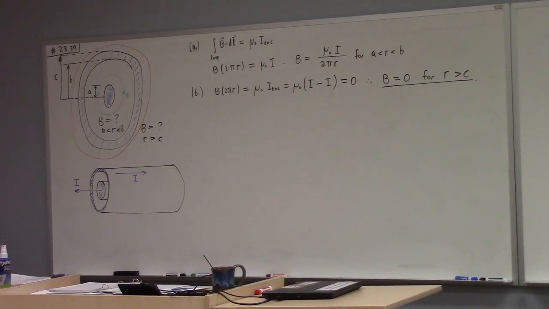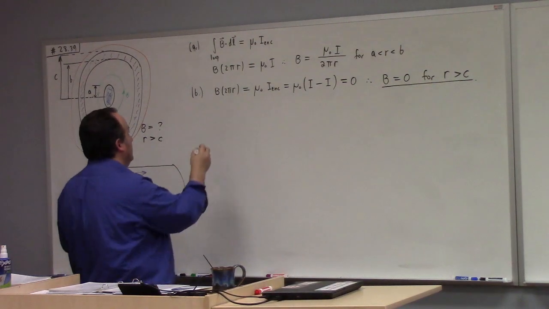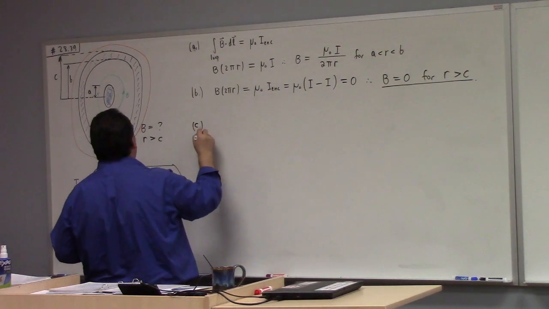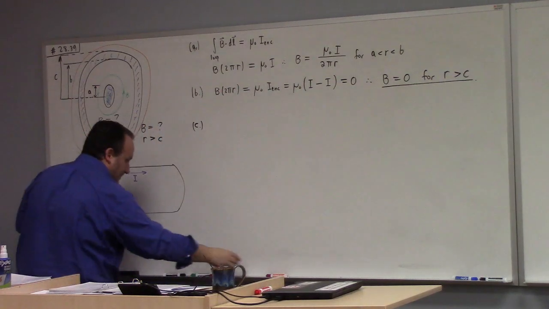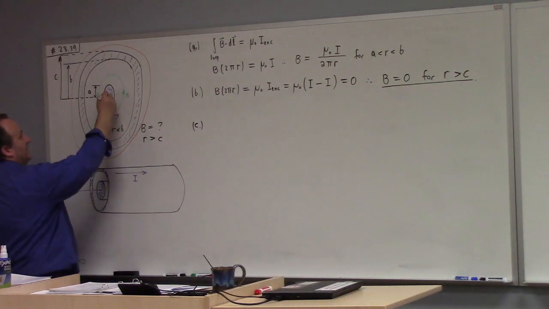All right. So to make this problem more interesting, when we started it I thought they were going to ask us what the magnetic field is like in the blue. That's slightly more interesting. So how would we do that? If I was to draw a little Amperian loop in there, I'll make it orange, like in here,